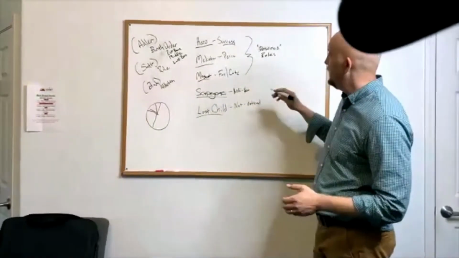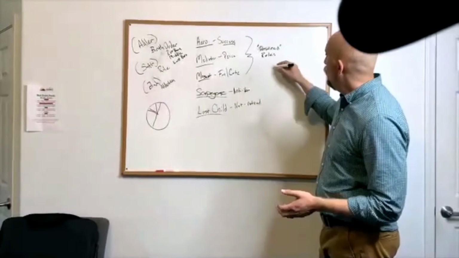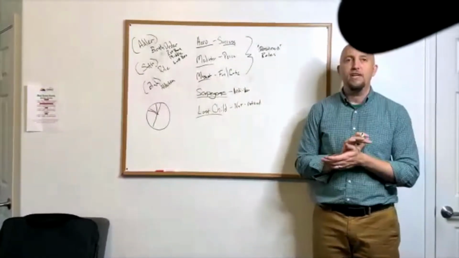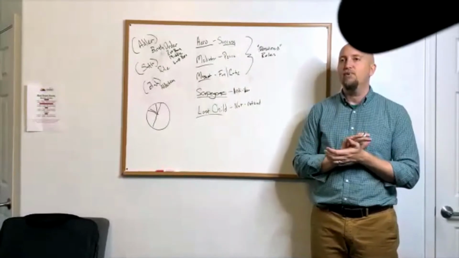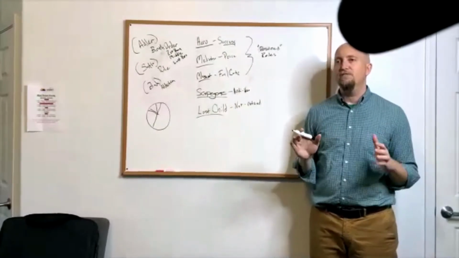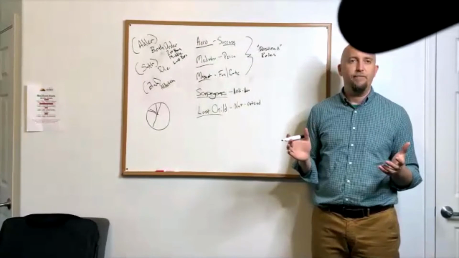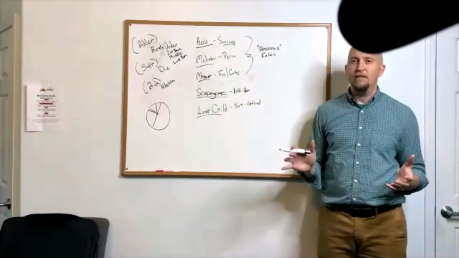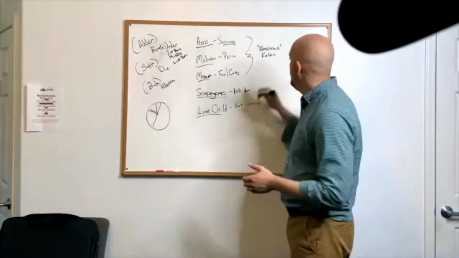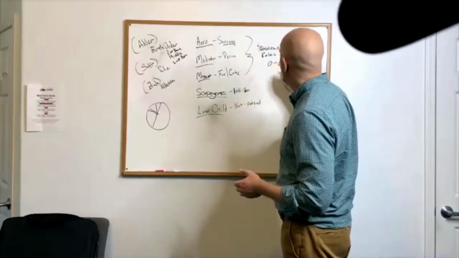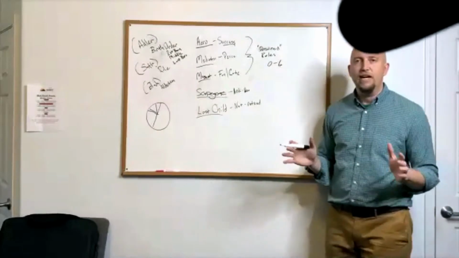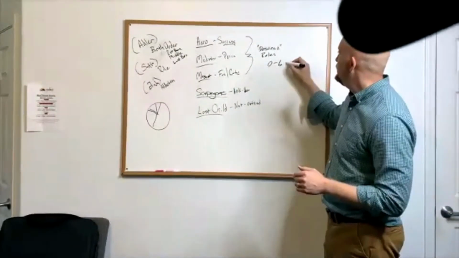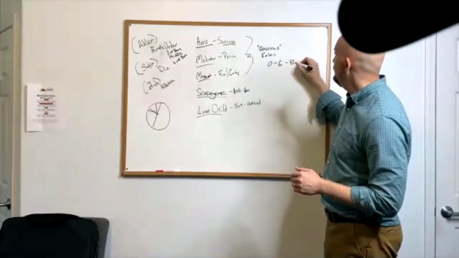Now, here's the other thing that's really interesting. There are certain times in a person's life when a role tends to either be chosen for them or when they pick one. And it has to do with developmental stages. We don't have time to get into great depth with the developmental stages, so we're just going to do a broad overview. From 0 to 6, conceptually, this is a pretty important concept. From 0 to 6, a person is a blank hard drive.